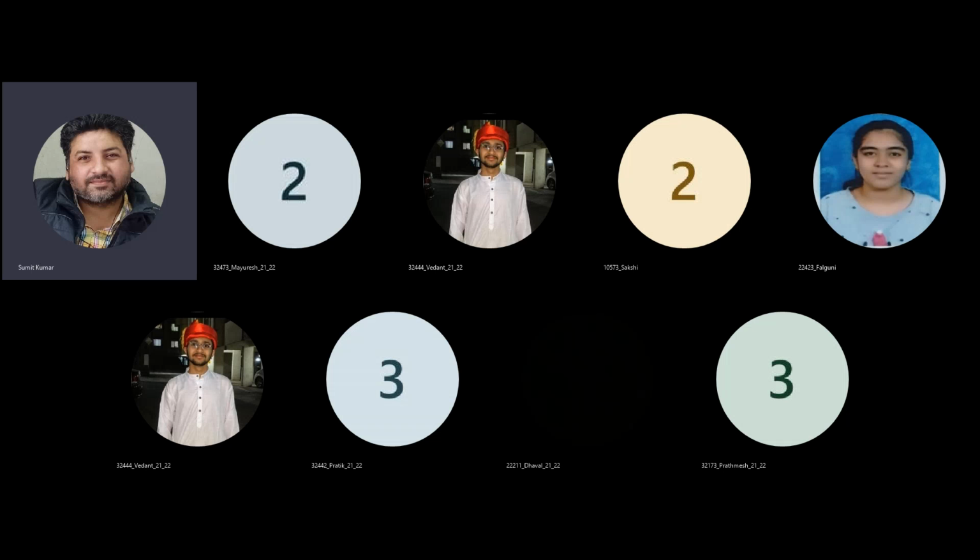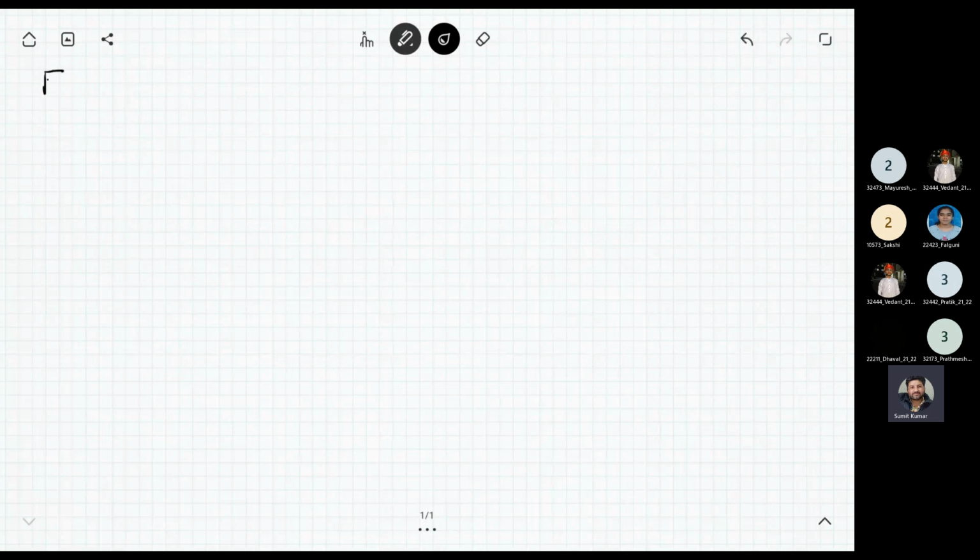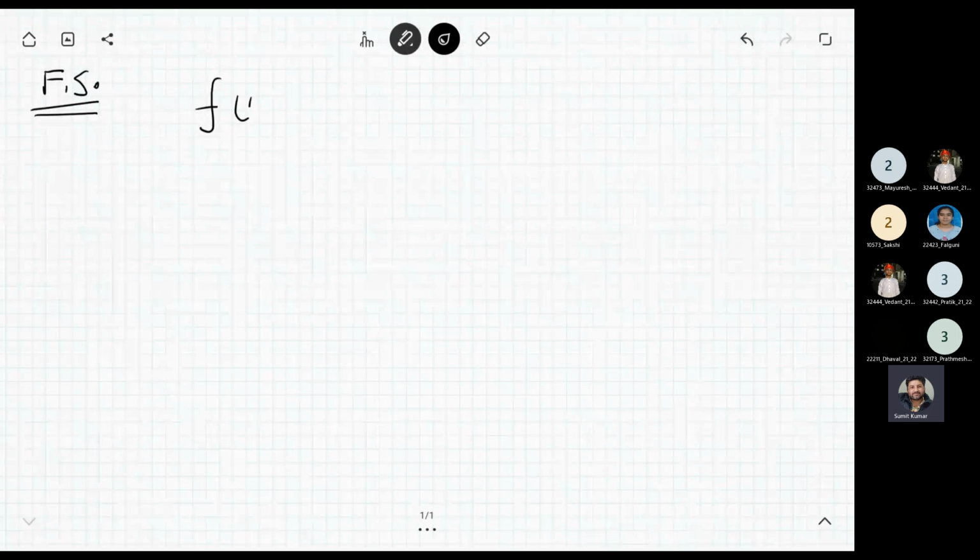So we were discussing Fourier series, and in Fourier series, what we discussed is representing a periodic signal. So here is f(t), which is periodic with, let's say, period T naught. Then it can be represented in terms of Fourier series like this: a naught plus